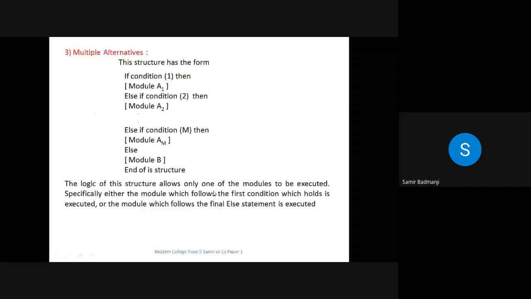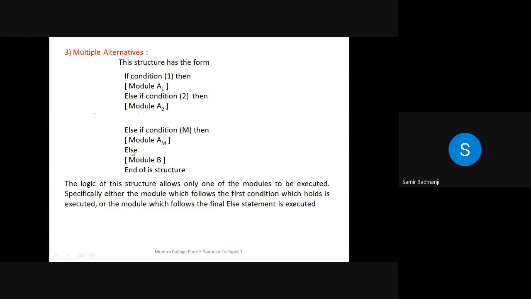Either the module which follows the first condition which holds is executed, or the module which follows the final else statement is executed. If this is true, this will be executed. If this is true, this will be executed. If this is true, this will be executed. If all of them are false, then by default, whichever is in the else part, that will be executed. So all of you understood this?